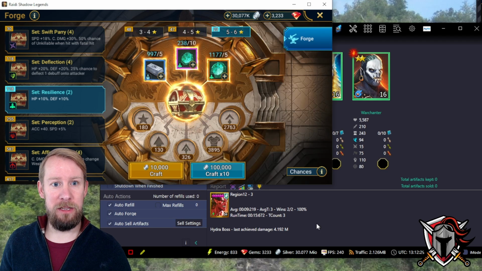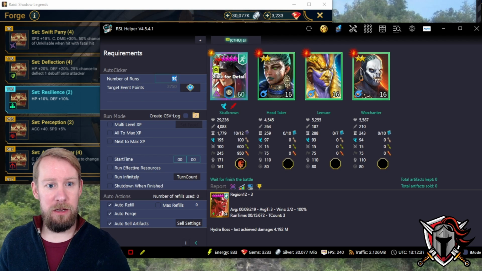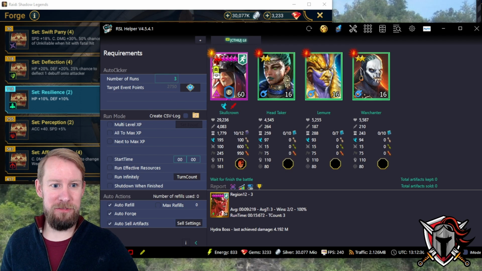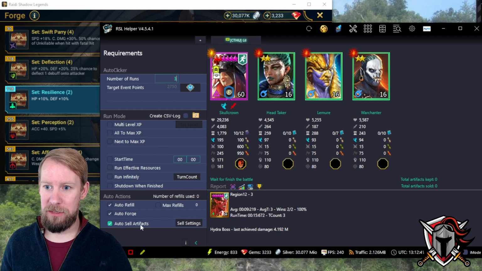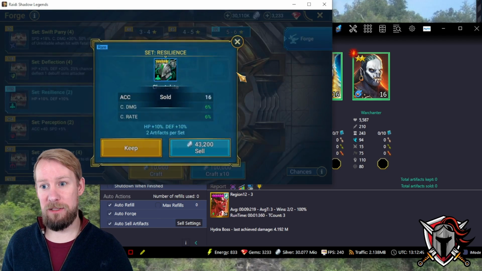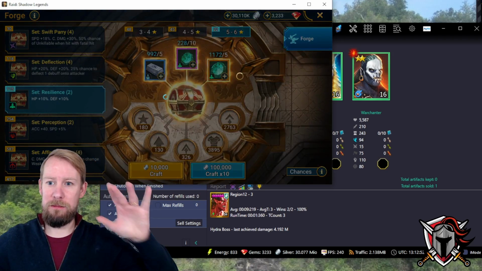How many can I do? I can do 23, so for the sake of this video, let's do 3 crafts of resilience gear. I've told it to use my sell rules, so it's going to auto sell artifacts if they don't match the stats and substats that I want. Hit play, and you'll see it just automatically selling, hands-free,